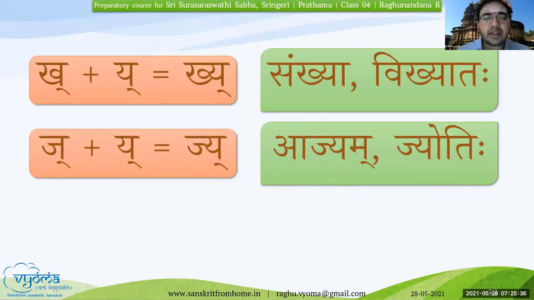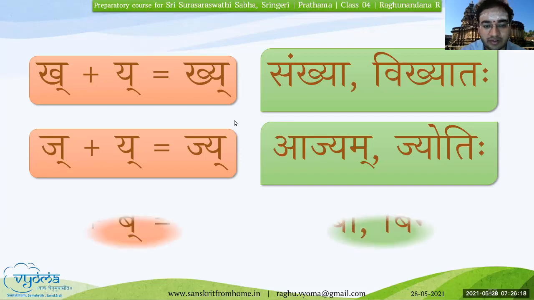J, Y, J. Ajyam. Jyotihi. Here it is Jyotihi. Very good. That yakara and this Samyuktakshara is there, and that has to be pronounced correctly. Most of the times we would have heard these words, Jyotisham. People tend to say Jyotisham or Jyotishya and other things. So it is very important to pronounce it in the right way.